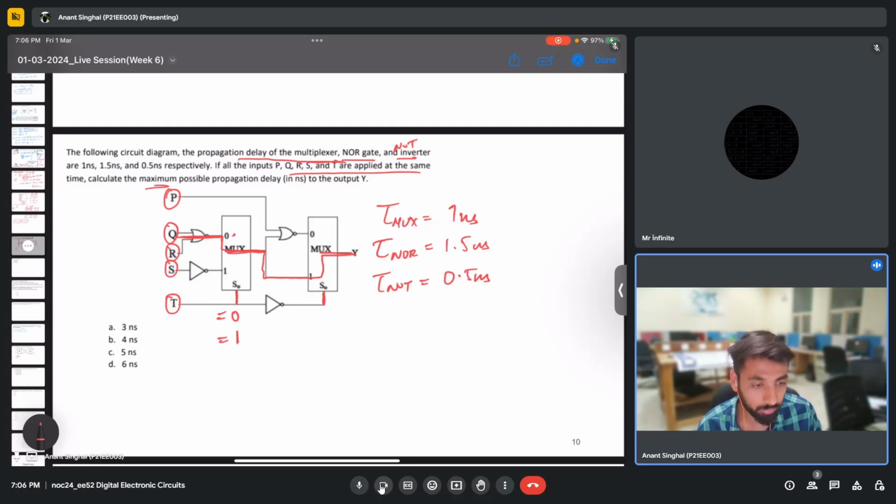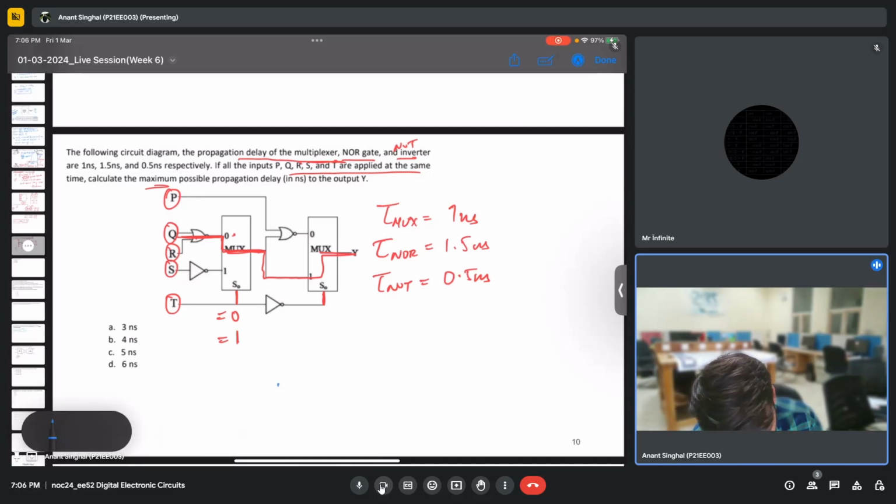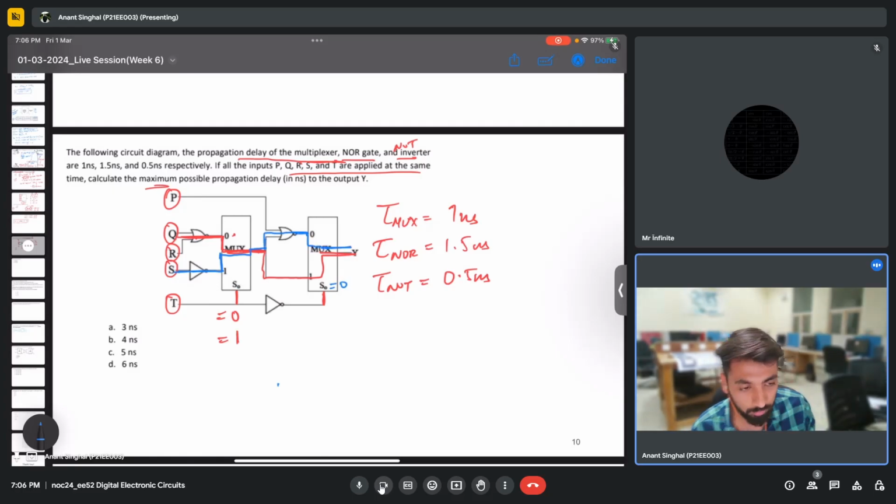So the circuit will look like this for t equal to 0. Similarly, if I take t as 1, this line will get selected, and since now here s is 0, it will cross through this, and finally we have y. We need to calculate the delays in both cases, and whatever is the maximum delay will be the answer. So for case 1,